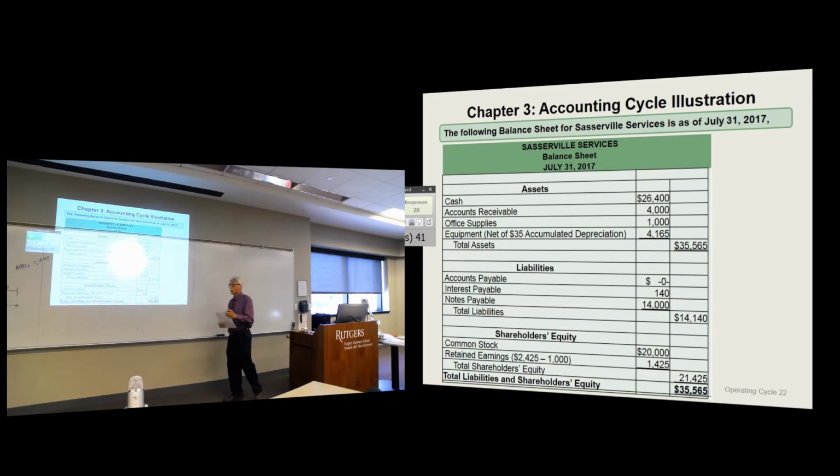Now, we could prepare, although I'm not preparing it here, a statement of stockholders' equity, but it's really simple. What I wanted to show you is that retained earnings now would reflect what? Net income minus the dividends. So your retained earnings account should be at $1,425. I'm not showing you a separate statement of stockholders' equity, but if you wanted to, you could say that in the stockholders' equity section,